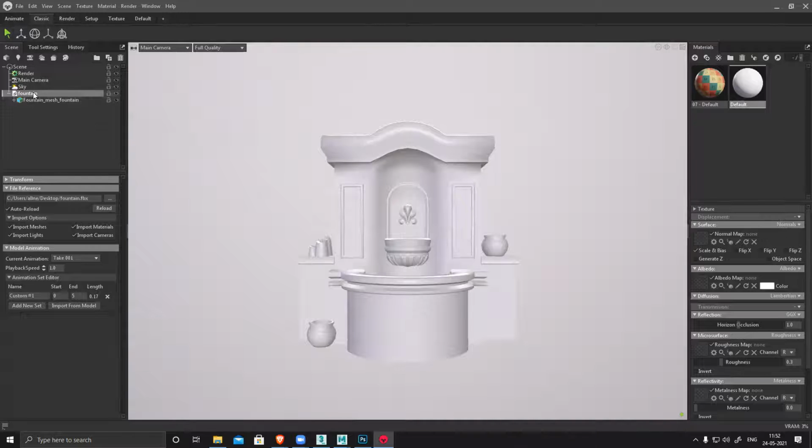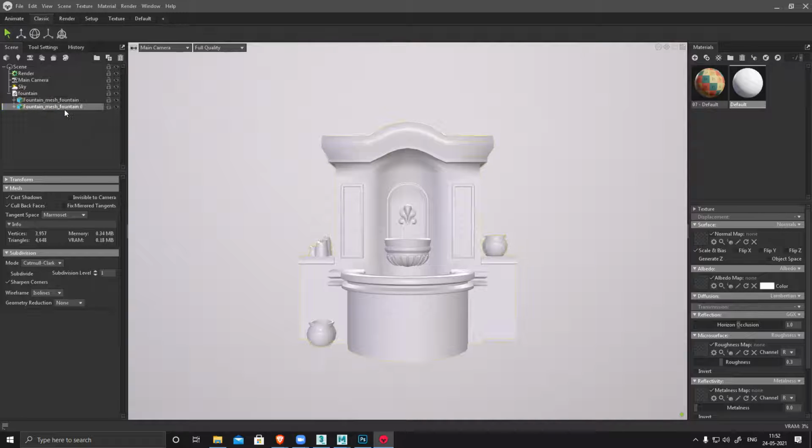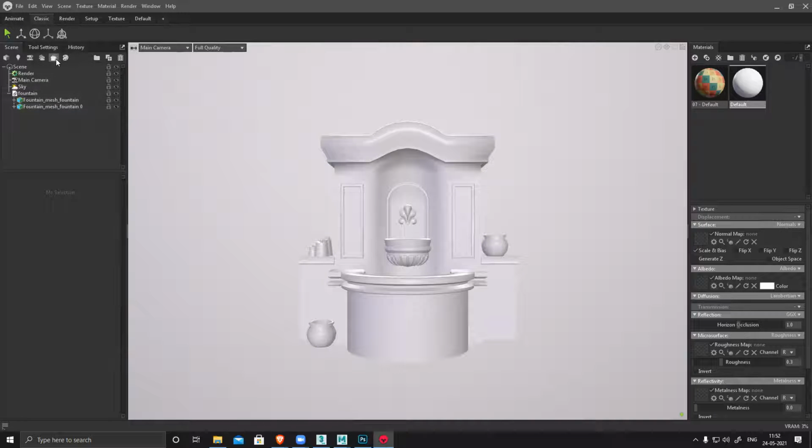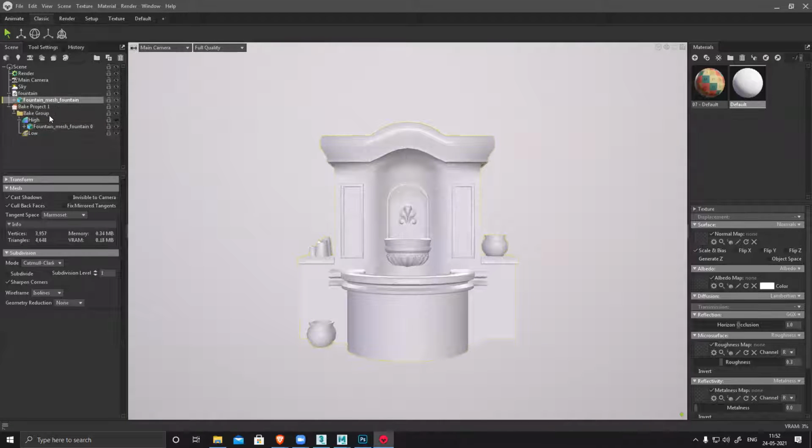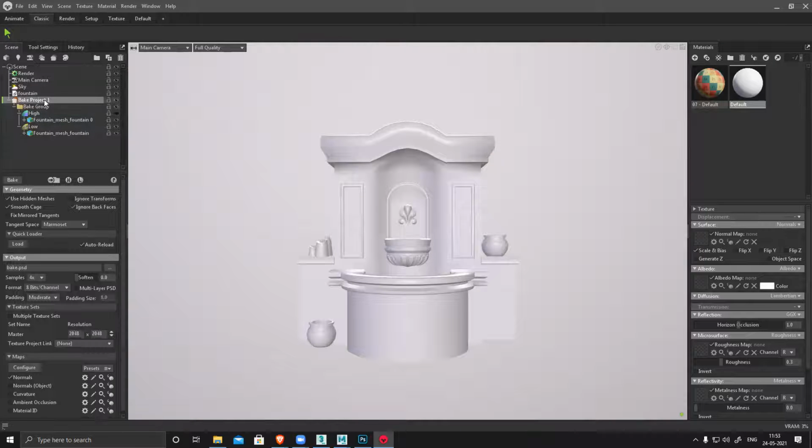The rest is not required for this. I want to bake ambient occlusion, but in Marmoset for baking, you need a high poly and a low poly, otherwise you won't be able to bake. In Substance, you have an option to use low poly as high poly and bake. That option is not there in Marmoset. So what we will do is simply duplicate the model, so we have two models. Now I have to bake it. You can see there's a bread slice icon, which is basically bake. Just click on this and you have two options, high and low. Put any one of them into high and the other into low. That's it. Now go to bake project, not the bake group, bake project.